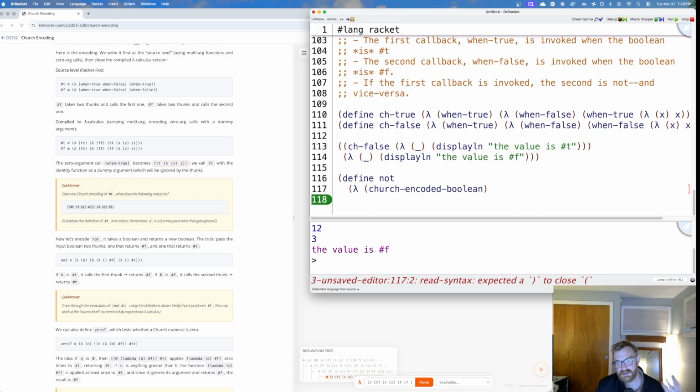Well, we need to be able to see, is the church encoded boolean true or false? And it turns out, like I was saying, the way we have to interact with a church encoded boolean is by calling it, specifically calling it with two arguments, which are both callbacks, which just means a function that's going to get called under some circumstances. That's what the word callback means. It comes from GUI programming, right? If you've ever done any programming over a GUI, we frequently use the term callbacks in that sort of setting, and some other settings as well. But it's just a function that's going to be called under some circumstances. So here's what I'm going to do. We're going to call the church encoded